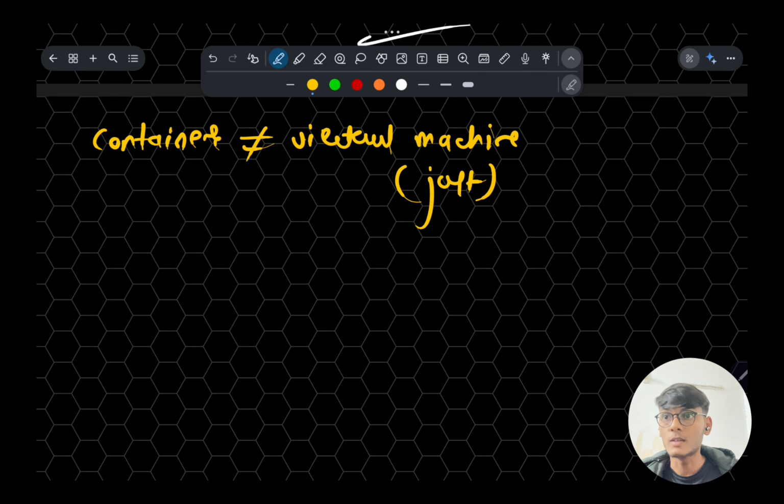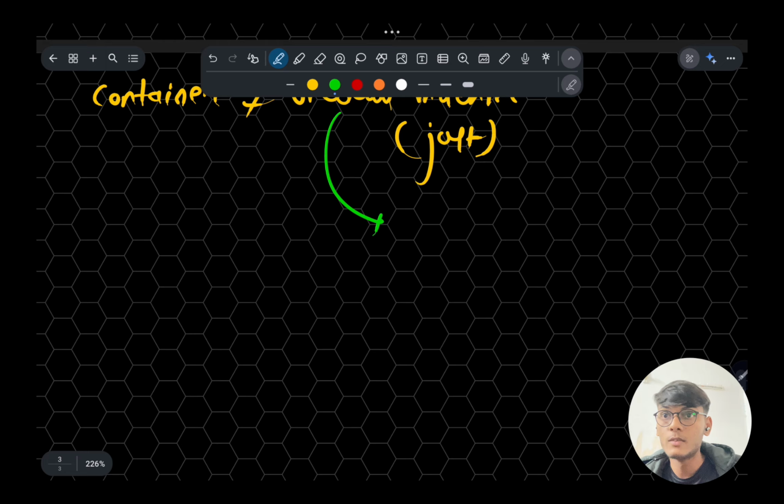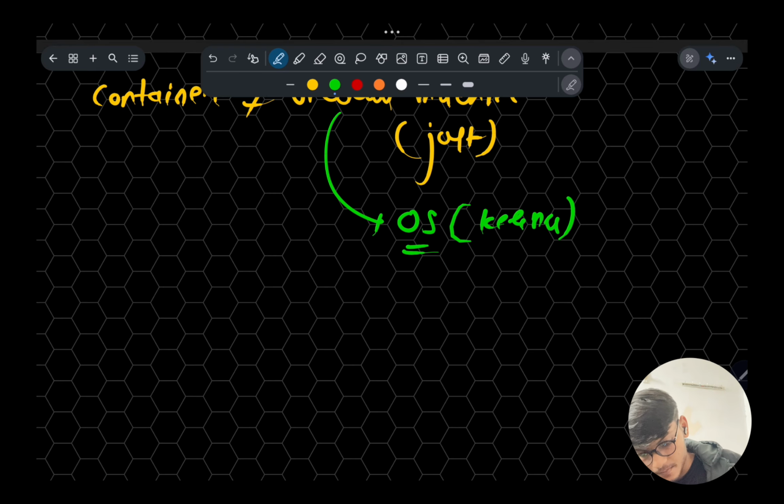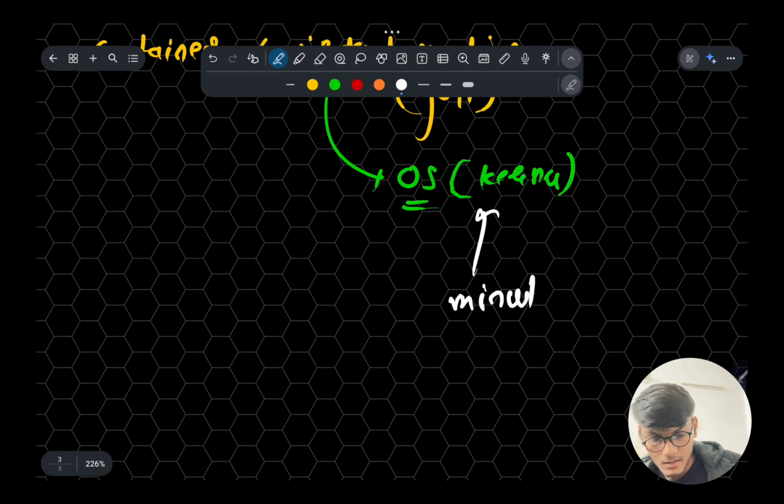It takes a minute to start your application and uses GBs of RAM.